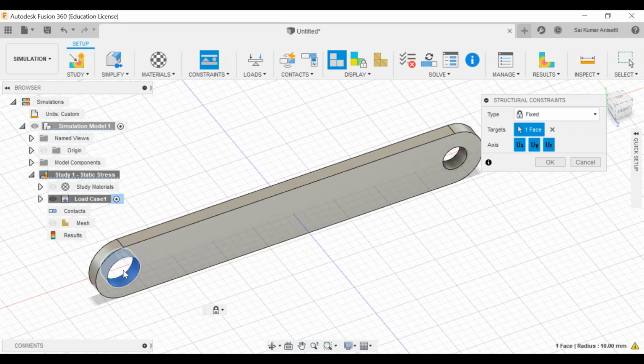In that particular gear design, you have one particular link and you have a pedal over here. Taking that as an example, what I'm doing over here is just fixing this particular design over here. Initially, the user interface shows direction in X, direction in Y, direction in Z. Now blue color means I am fixing that in all the directions, not only in one, I'm just fixing it in all the directions.